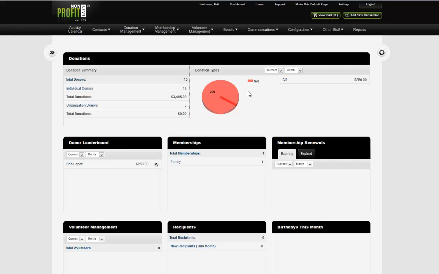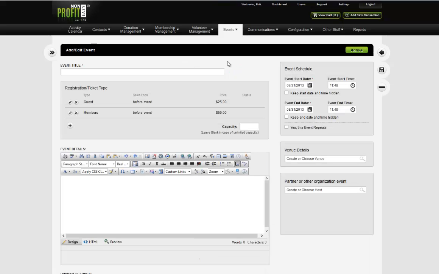This tutorial will cover the first step of creating an event and configuring its schedule within Nonprofit Easy. To create an event, mouse over the Events menu header and click on Create Event. This will open the Add Edit Event screen, where you must start by specifying the name of the event in